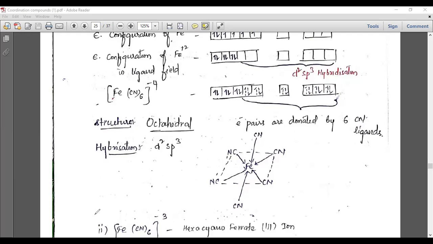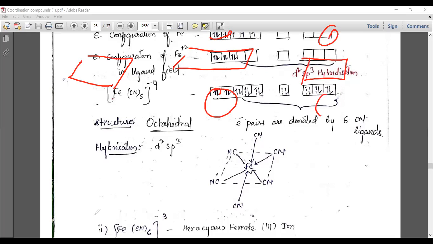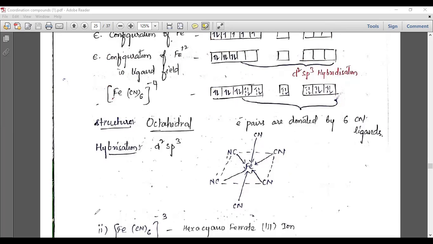Oh, so these are all octahedral structures. You know that. Here, four ligands are there, and whatever the four ligands are, there is an upper one and a lower one. So see here, this is our octahedral structure. Whatever it may be, in all octahedral structures the hybridization will be sp3d2 or